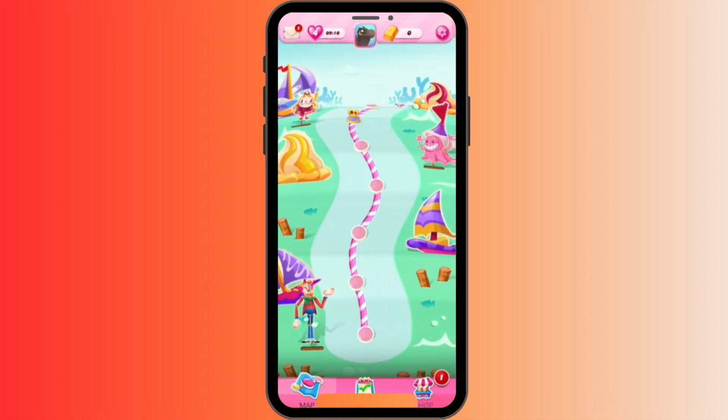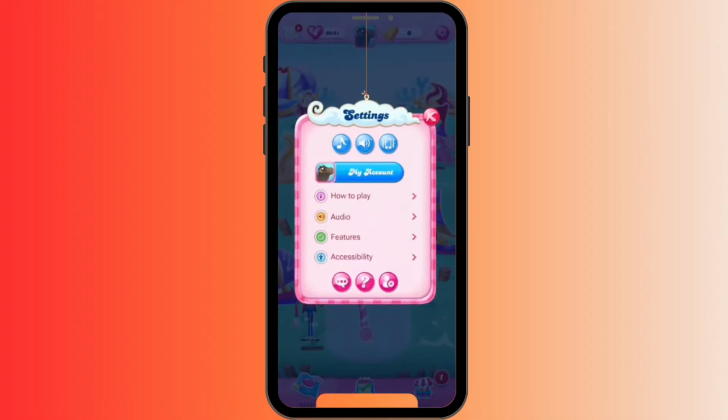Today we are going to learn how to contact Saga customer support. Let's begin with the tutorial. Firstly, open your Candy Crush. Over here you can see after opening, on your top right corner there is a settings option. Tap on settings. Over here in the settings you can see the option of three dots like a chat box